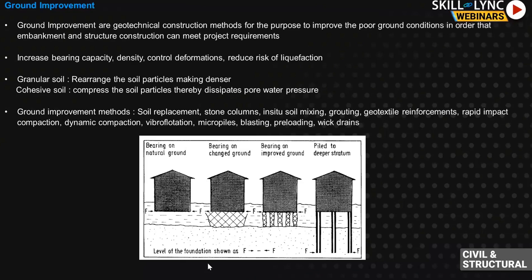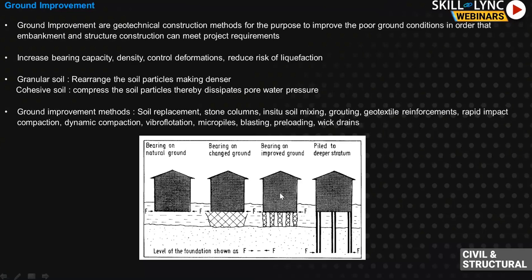Okay. So here, if you see in this ground, these building foundations are on weak ground. But if you can replace this with a good material, this can be done only for shallow depth. You cannot improve your ground with good material for 10 meters deep. But if it is a shallow foundation, you can improve it. If it is loose sand, you can replace it with at least medium dense sand, so that the building foundations can sit on good strata.